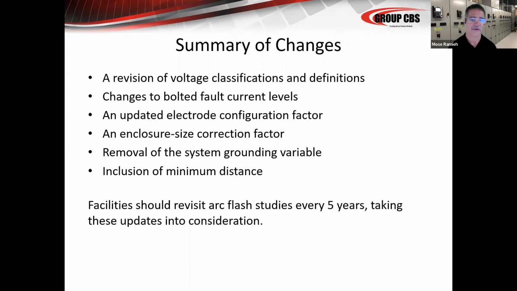And then one of the biggest takeaways, I think, from some of those changes is there are changes, right? There's changes in the standard, there's changes in your system. And it's important that you revisit these studies every 5 years. Now, that's not to be confused with you have to redo your study every 5 years, but you do need to take into account that there have been these changes, and you might have situations where your arc flash could be reduced. And those new labels would actually allow the people working on that equipment to wear the appropriate PPE,